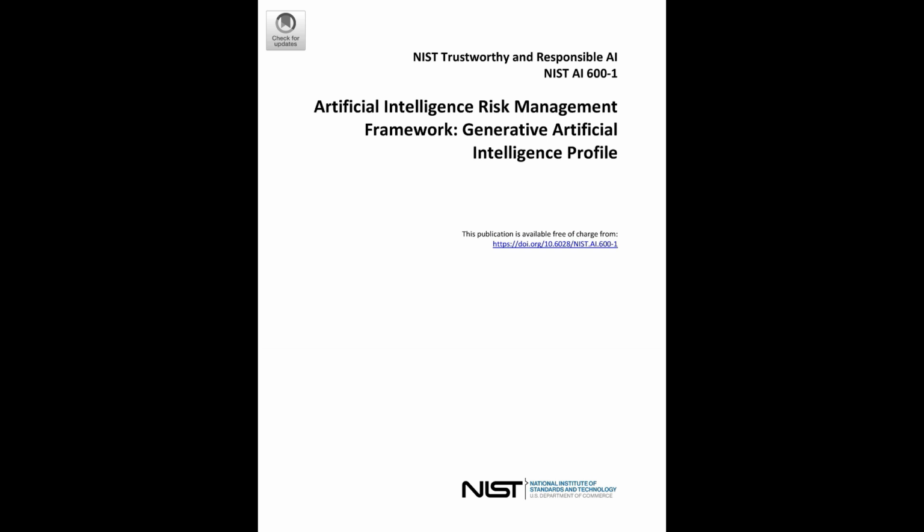Right. For Measure, like MS 1.1-001, one suggestion is to actively use methods to trace the origin of digital content and track any changes made to it. That directly tackles those information integrity and deepfake risks. Try and bring some accountability to online content. And finally, Manage, dealing with the risks.